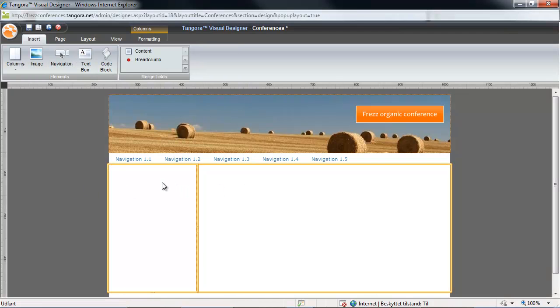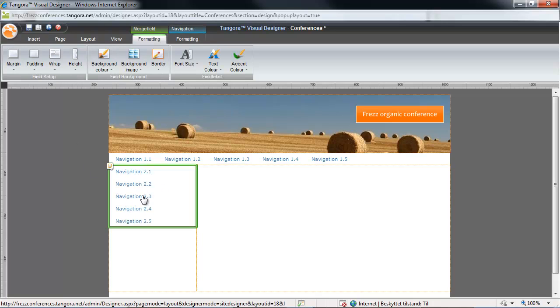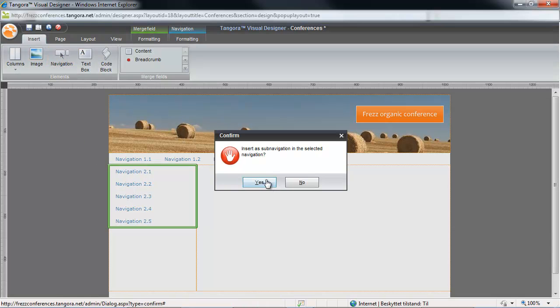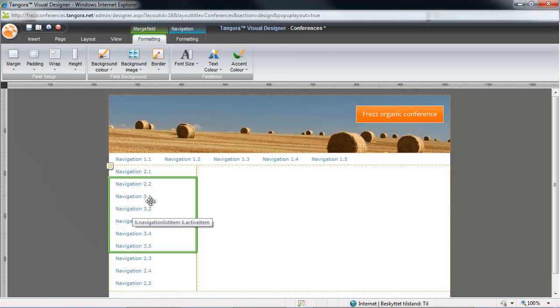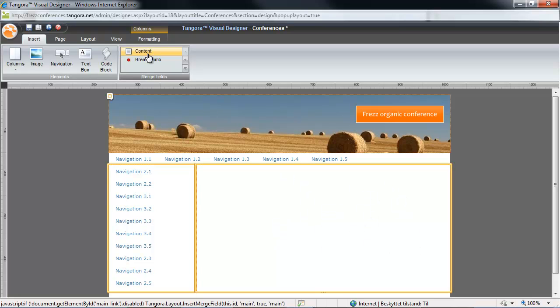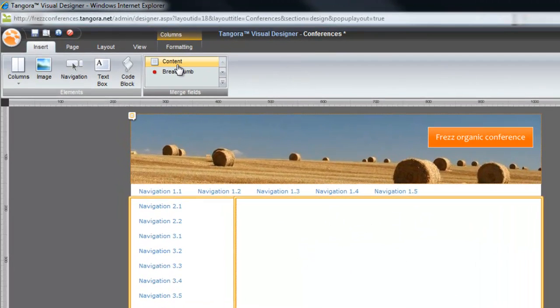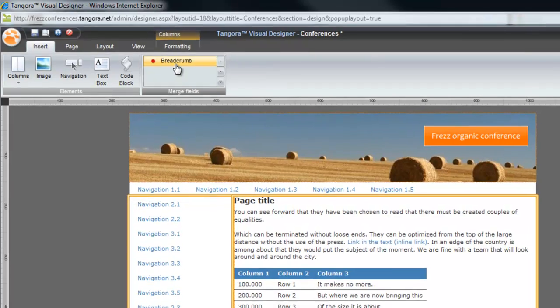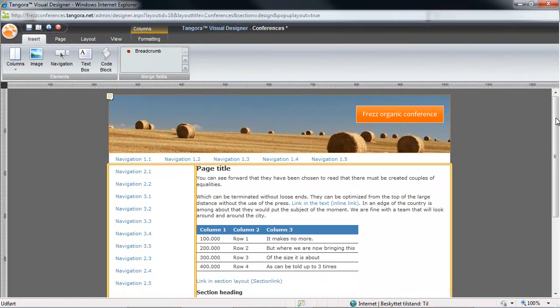So inside my left-hand column, I'll add a navigation, which gets the number 2. If I want to have my third level pages to appear under the respective second level menu points, I could take a hold of my navigation and insert another navigation, representing the third level, and now it will work automatically. The placeholder for my page content, where the page layouts take over the design, is up here, and it is called Content. When we place it, we'll see a bunch of gibberish dummy text here again.